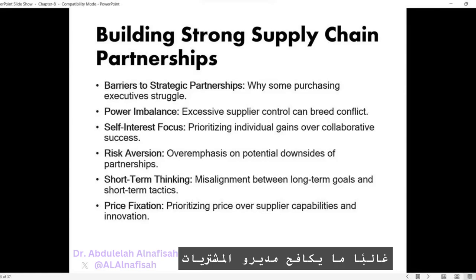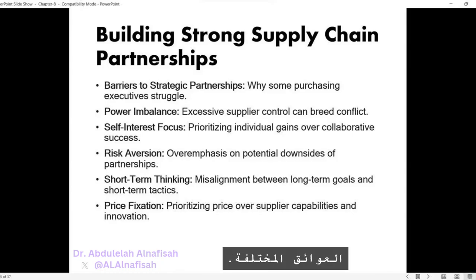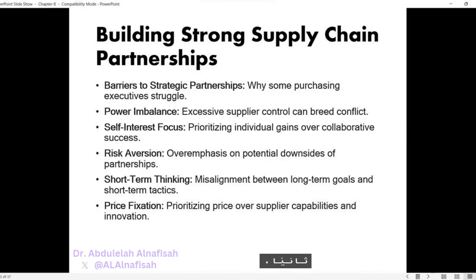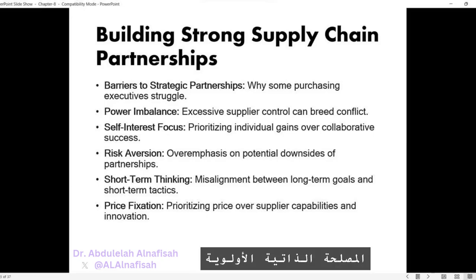Purchasing executives often struggle to foster successful strategic partnerships due to various barriers. These barriers include: 1. Inappropriate use of power. Some purchasing executives exert excessive control over their supply chain partners, which can lead to conflicts and hinder the overall supply network. 2. Self-interest. Buyers often prioritize their own company's interests, driven by incentives that promote individual gains rather than